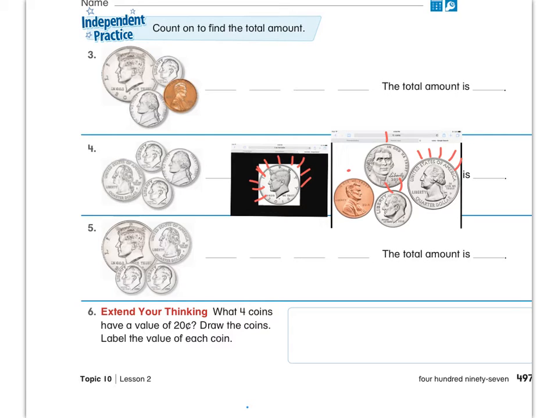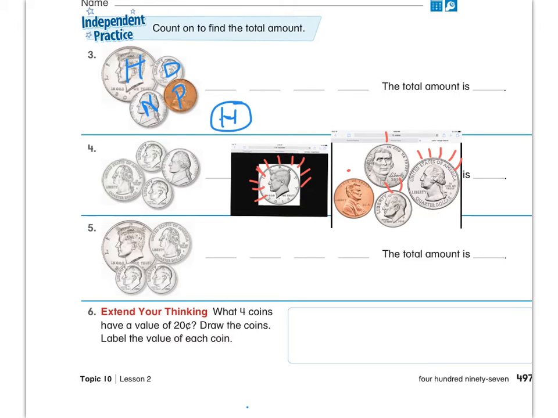So no matter which way that they use, if they're counting on or using the hairs, everyone needs to identify the coin and label it and put it in greatest to least order. So this is a $50. We would put an H for the $50, an N for the nickel, a D for a dime, and the P for the penny. So everyone is expected to do this just to label their coins. Then we need to put them in greatest to least order. So we have our $50, which is the greatest